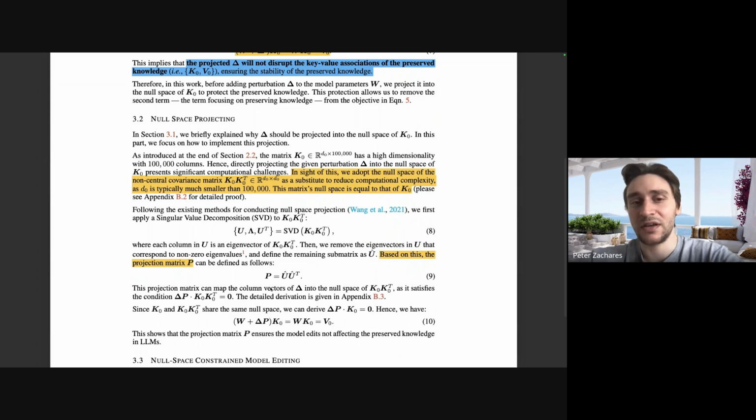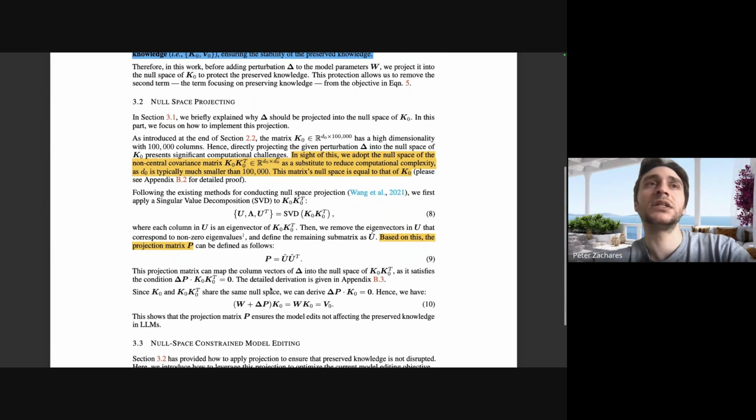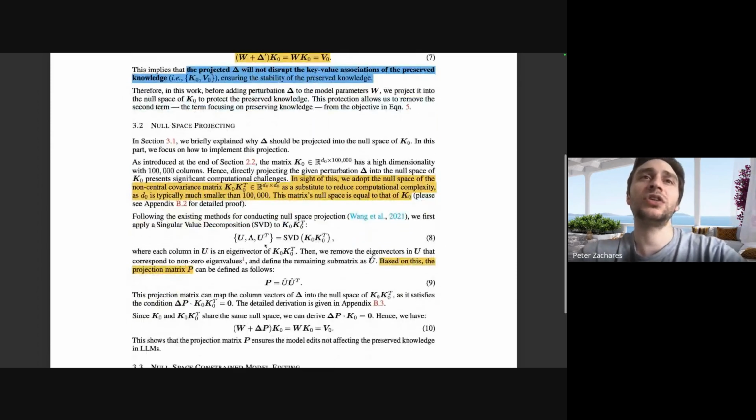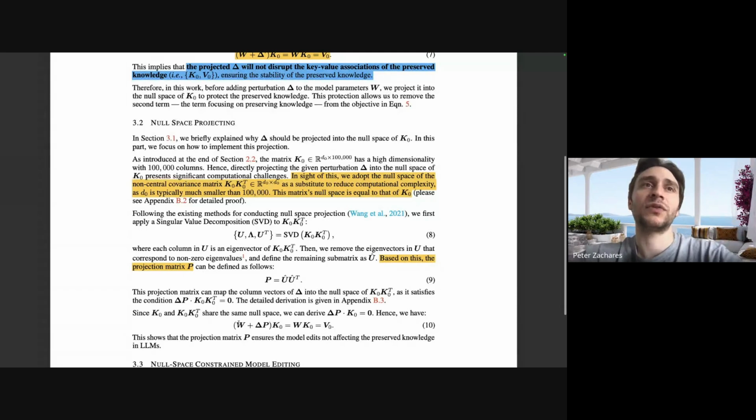A couple of steps. I think the thing that's really cool about this is, I don't think it's basic, but if you take a linear algebra course, this is some of the first stuff you learn. So I think it's cool that we're using some of the first stuff you learn in such a cool way, and you'll see in the results it has a big impact. So that's how you calculate this projected perturbation. It's just shown over here.